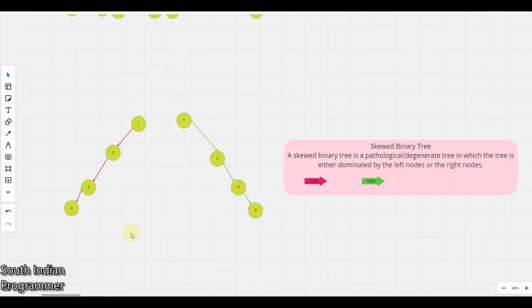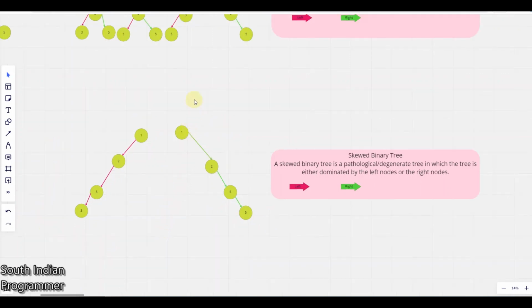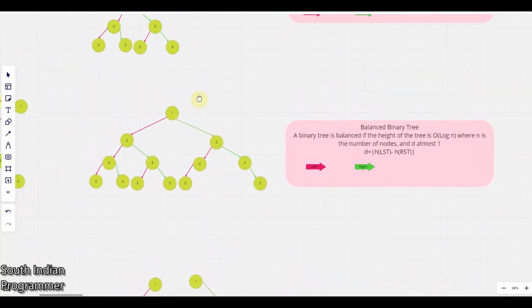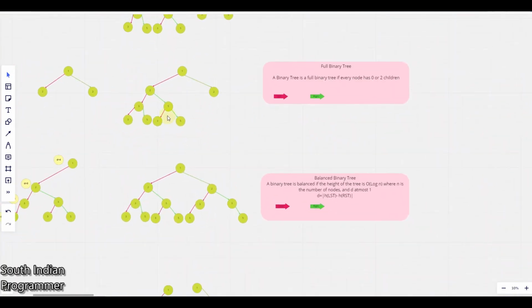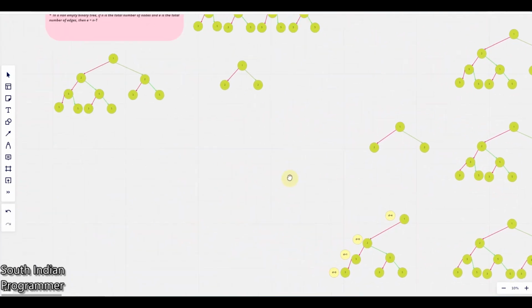You can see in this example we have only the left side, and in this example you can see only the right side. These trees will be helpful for packaging and library building applications. So we have seen these types of binary trees, and next we'll go to the properties of these